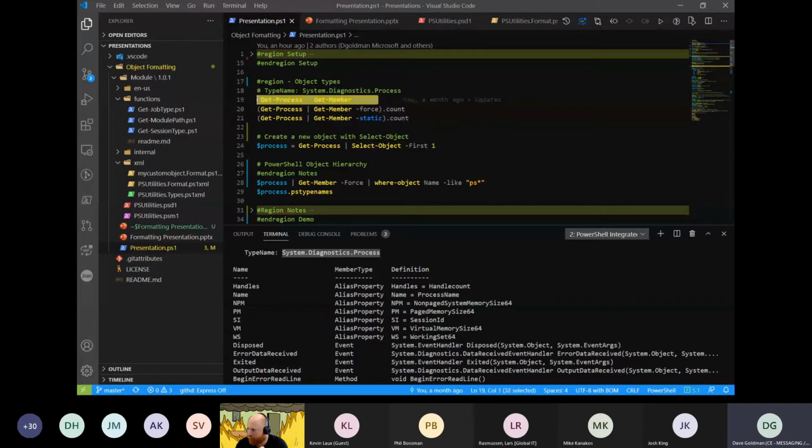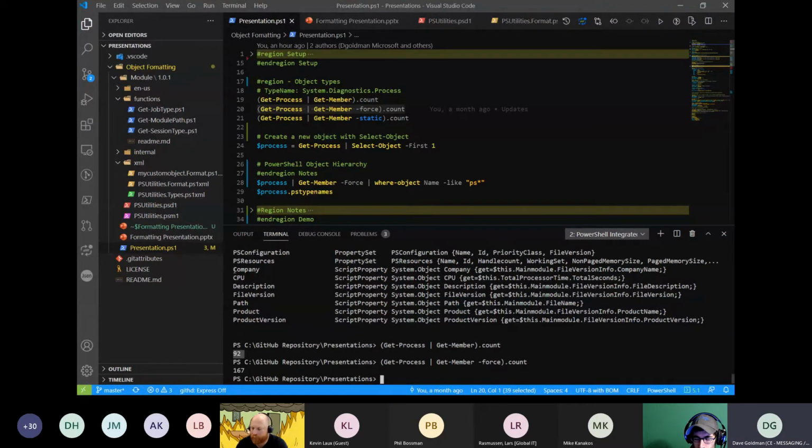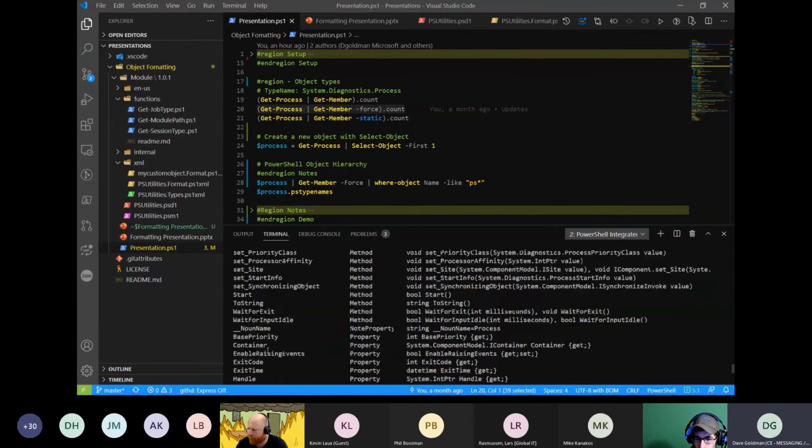But just for Get-Process, for example, if I run this, you'll see there are 92 items on that object. If you were unfamiliar, there's a switch called Force. I use this all the time, and you'll notice that if you dump that out, there are 167 items on that object that you typically wouldn't see.